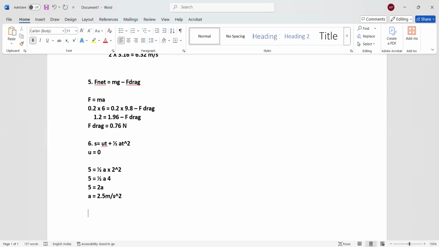Now we need to calculate the tension. Tension T is equal to mg plus ma. That is 20 into 9.8 plus 20 into 2.5, which is equal to 20 into 9.8 is 196 plus 50. And the answer is